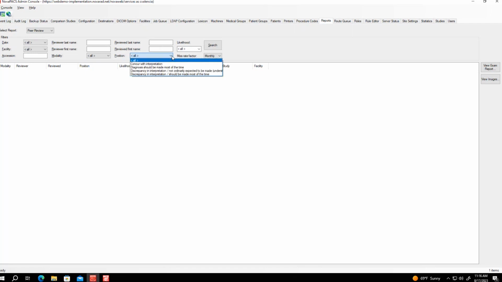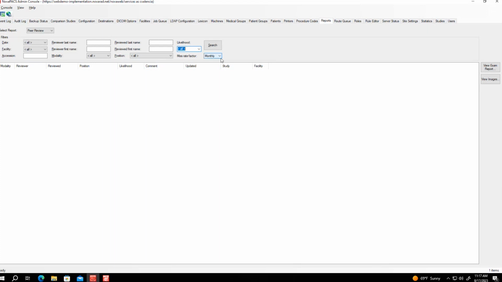So the position is going to be whether or not the person who did the peer review concurs with the initial interpretation, whether this diagnosis should have been made most of the time, whether it's not an ordinary or expected diagnosis, or the discrepancy should be made most of the time. So those are the different options that they're going to have to choose from when they're documenting that. And then you can also sort by whether it was likely or unlikely to affect the patient's care, and filter that way as well.